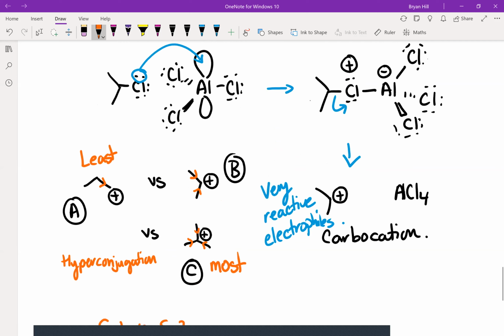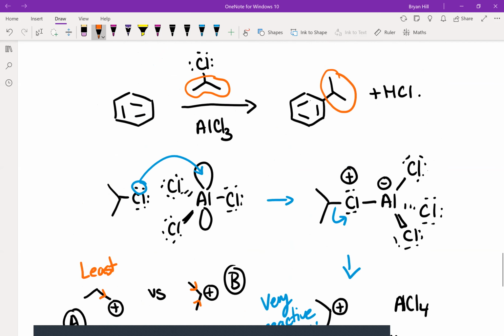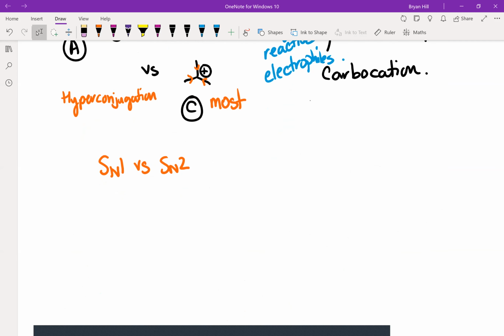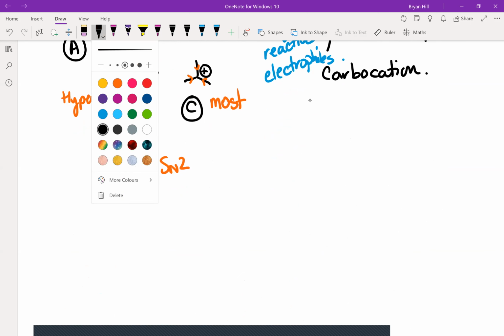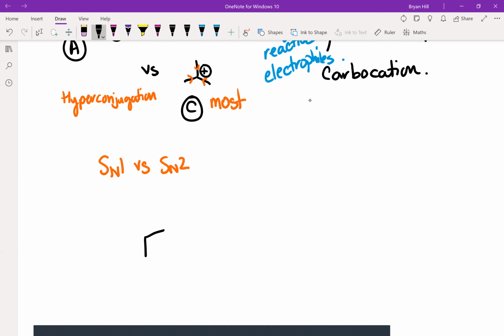The interesting thing about this reaction is that if you try to do a Friedel-Crafts alkylation with the primary alkyl halide, aluminum trichloride,